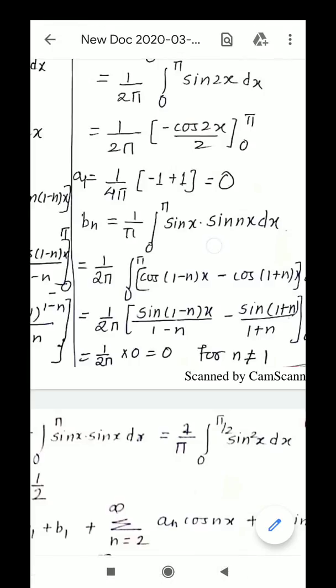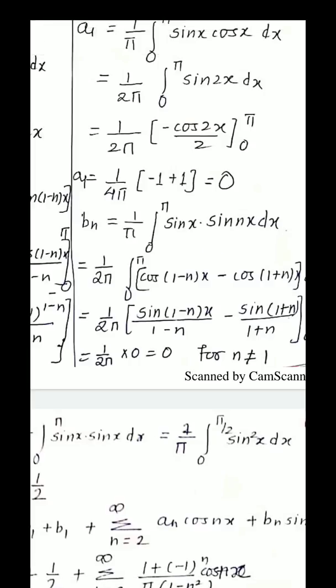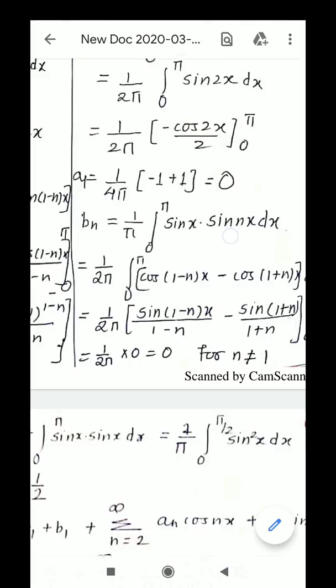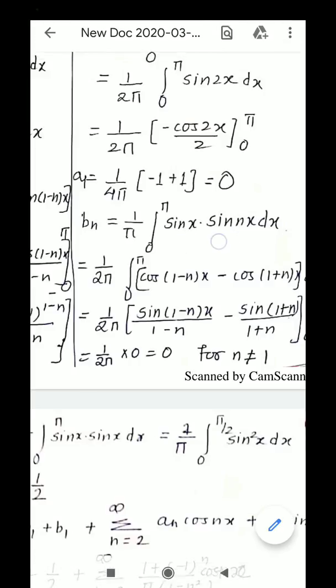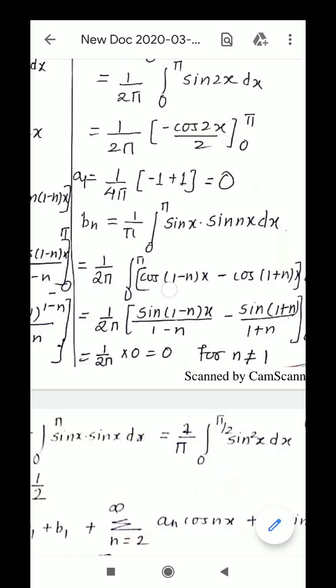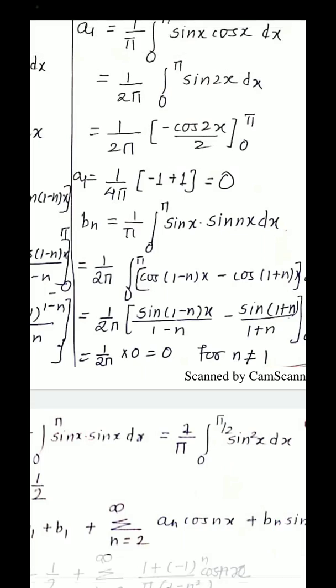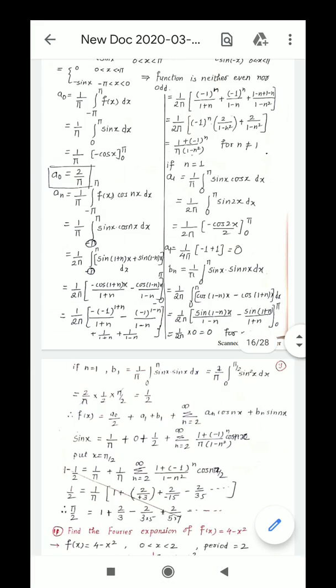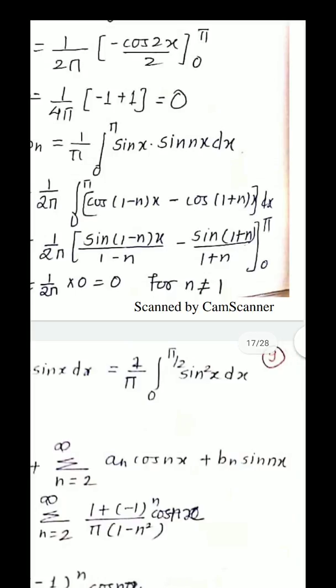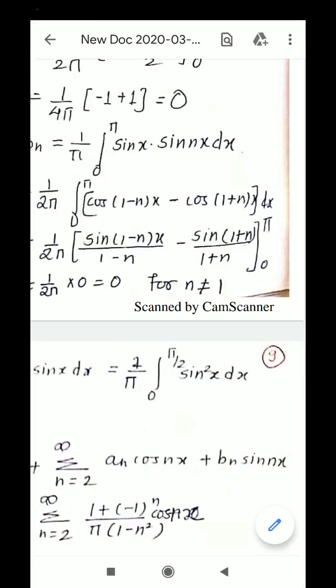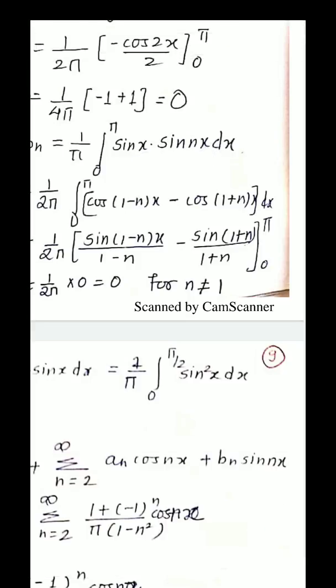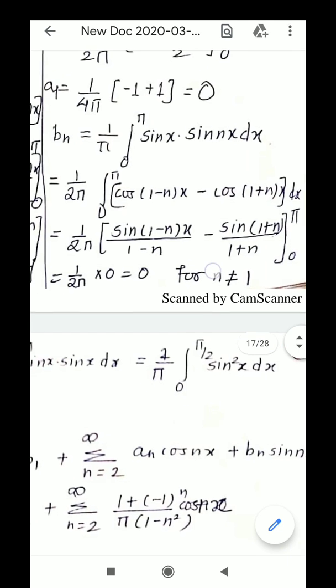Now how do we find this? For integration we have to use the sin a sin b formula. So what is the sin a sin b formula? Sin a sin b can be written as 1 half times cos of a minus b into x, minus cos of a plus b into x. So 1 half times means 1 upon 2 pi into integration of 0 to pi cos of a minus b. A is x, b is nx. So cos of x minus nx, take x common, cos of 1 minus n into x, minus cos of a plus b, x plus nx, take x common, 1 plus n into x dx,